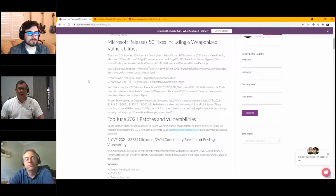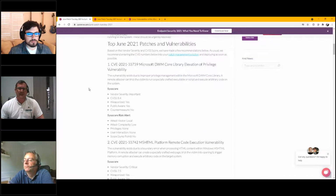As I mentioned, the Hyper-V vulnerability is actually addressed by 3 updates, 31948, 31950, and 31964, because these can be used as jump points. So within the CVSS scoring system, there is a particular scope